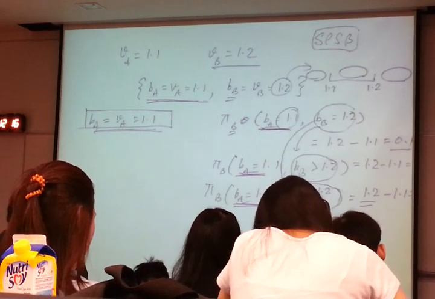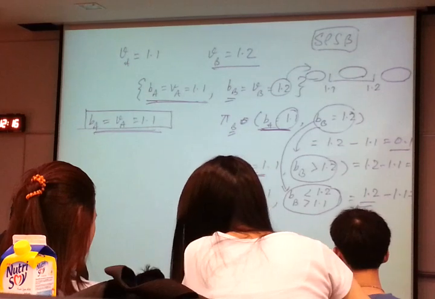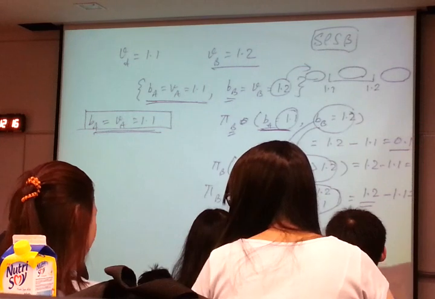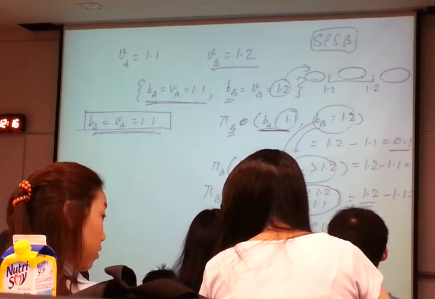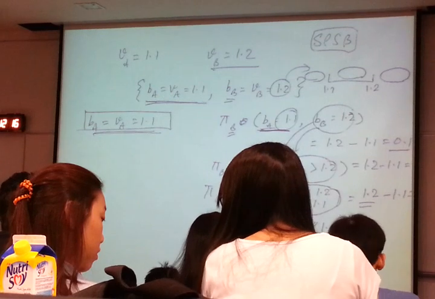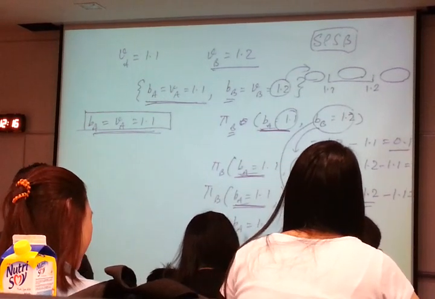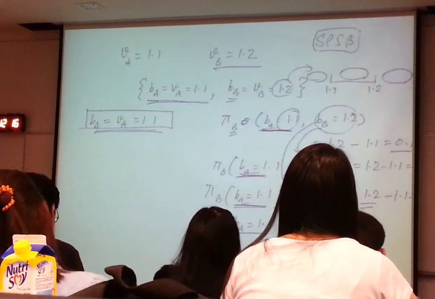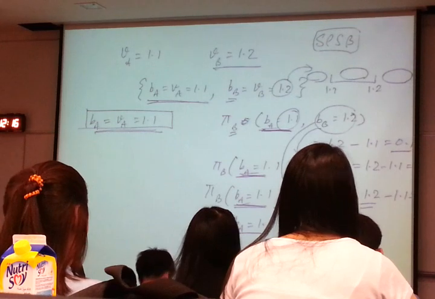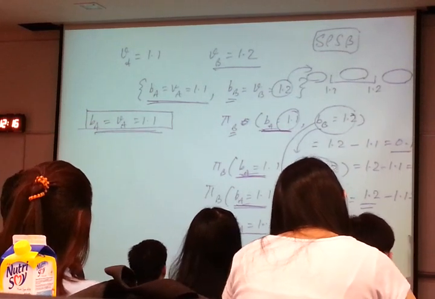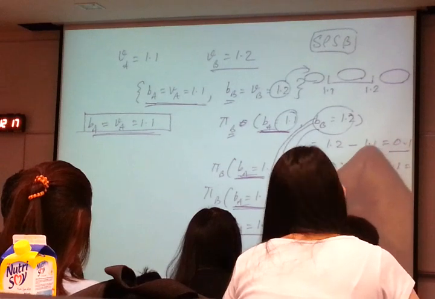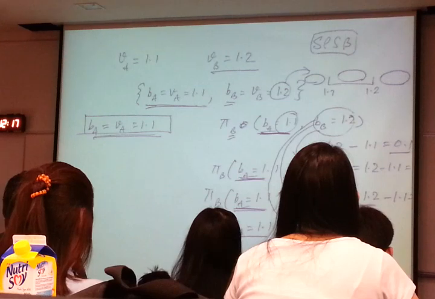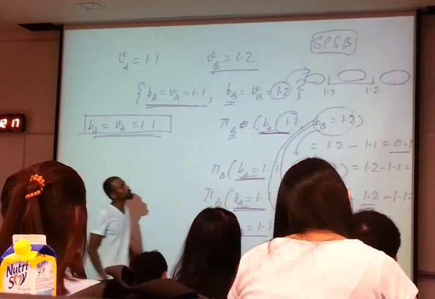Finally, consider this possibility. Alex is still bidding 1.1. Now Bert decides to bid a number less than 1.1. So Alex bids 1.1, Bert bids less than 1.1. Who will win the auction? Alex will win the auction. What will be Bert's payoff? 0. Therefore, does Bert have any incentive of switching from here to this bidding strategy? No. Therefore, given what Alex is doing, does Bert have any incentive of switching from 1.2? No.